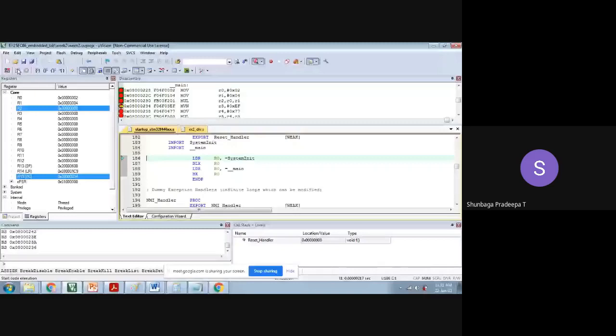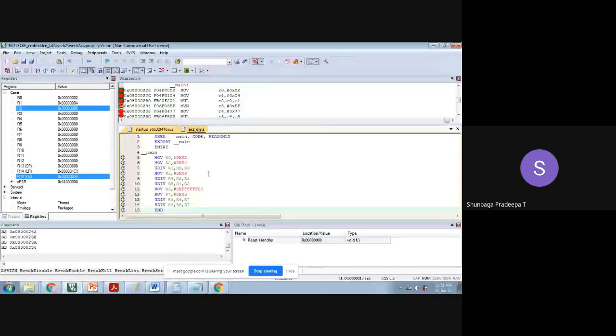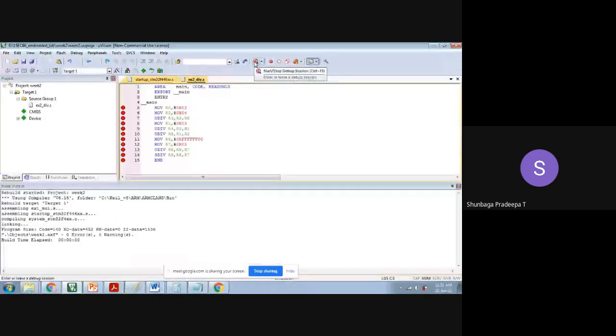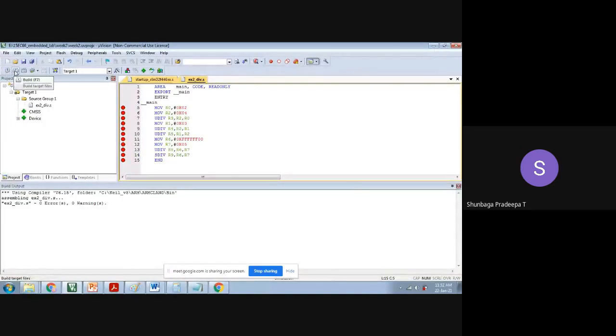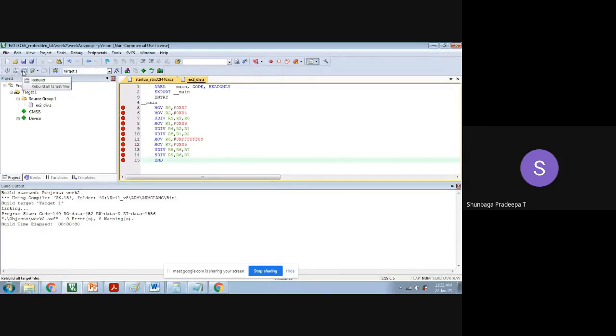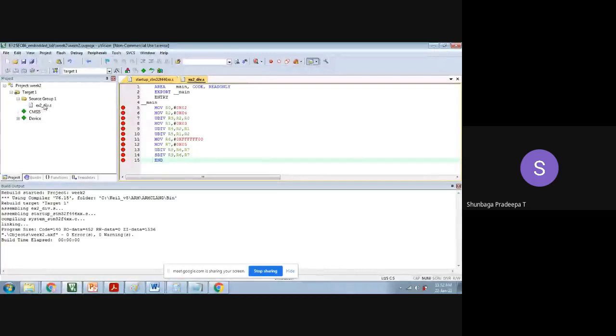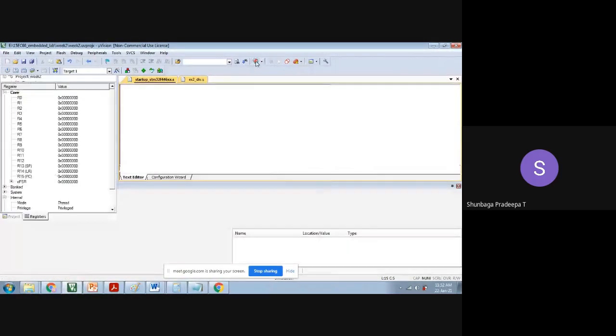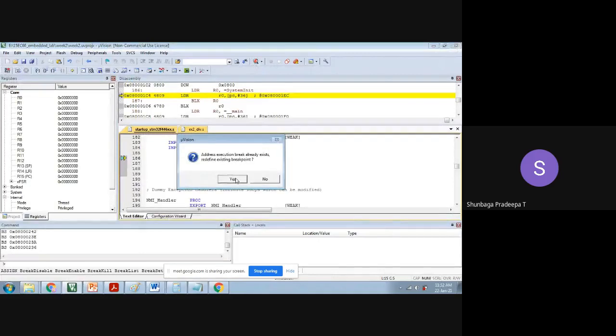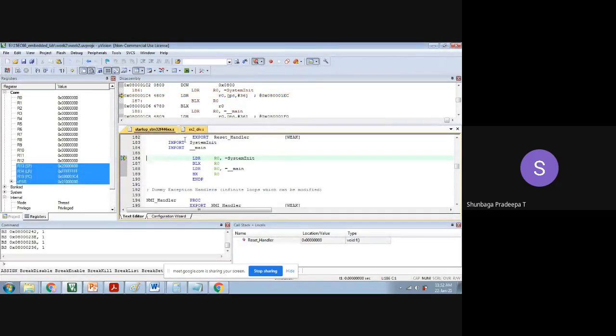Divide, I think this is multiplication. I think the code is loaded wrongly. I have not compiled it. Previously we simulated the multiplication code. I included the new file in the project, but it was not compiled and it was not informed that this code is to be loaded. That is why the multiplication code was executed. So sometimes this kind of error will also occur.